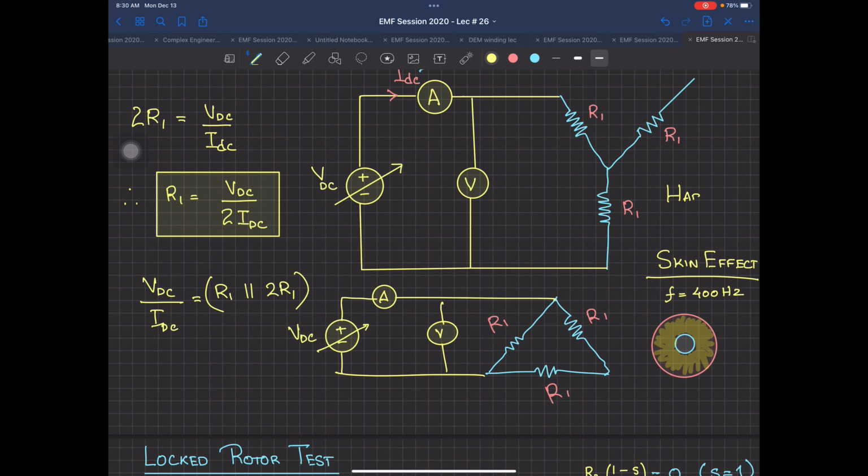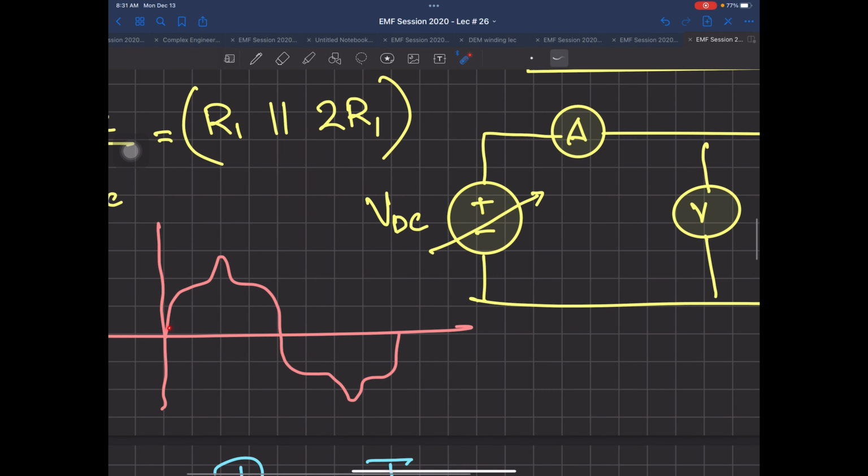Anyone who has heard this word harmonics? I told this term when we talked about the BH curve, and I told you about the current inside your transformer. Since you have touched this topic, your transformer was having a current like this, if you remember. And I told you at that time that this has the main fundamental like this, and then there is another frequency which is like this working over here. And this is the third harmonic. You can see what the frequency is over here. This is the third harmonic.